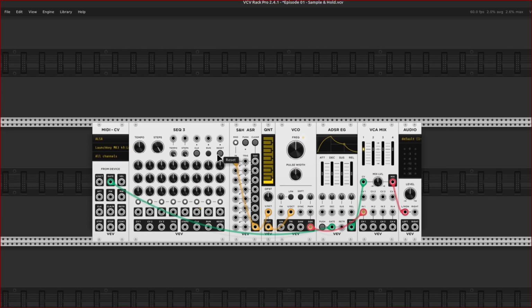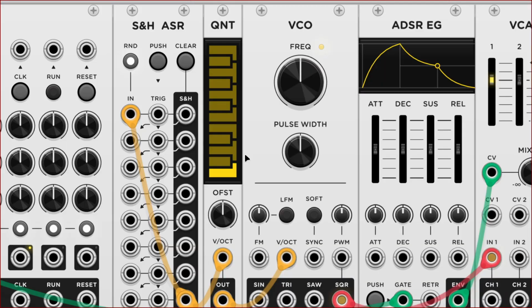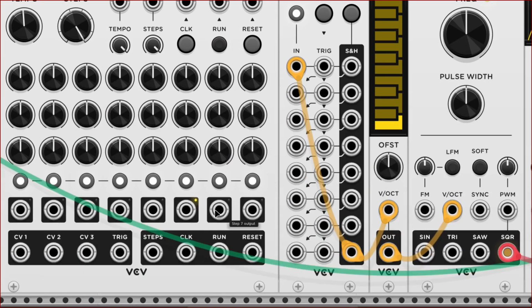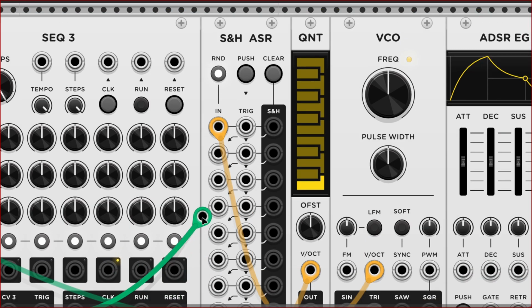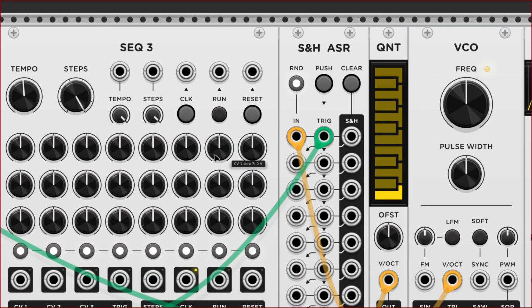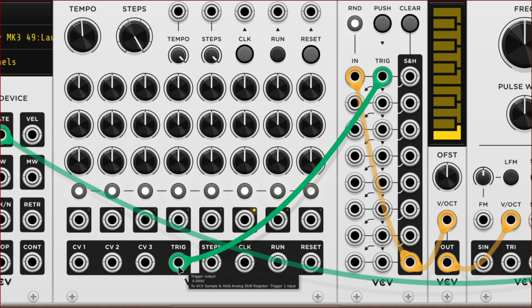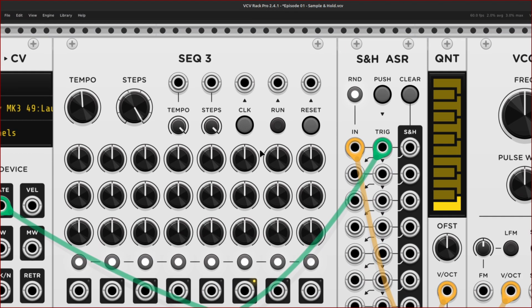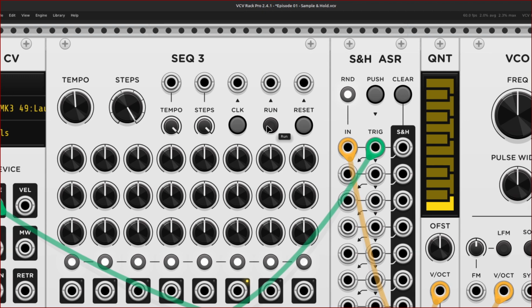But first of all, we got to send triggers to, let's zoom in again and hook that up. We got to send triggers from our sequencer to there. You could use anything that sends a trigger. And if you have like a clock generator that sends trigger outputs, you could use that because we're not going to use for this any of the other functions of the sequencer here other than having a trigger sent with each pulse of the tempo. So now we're going to run,